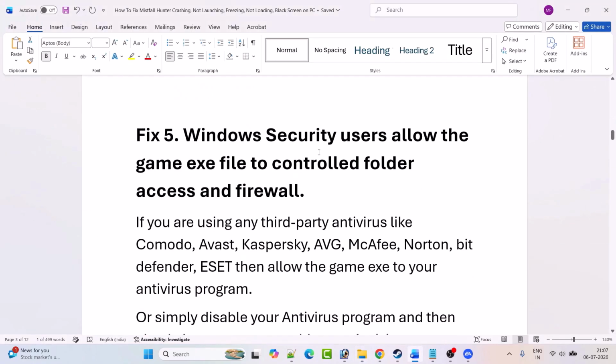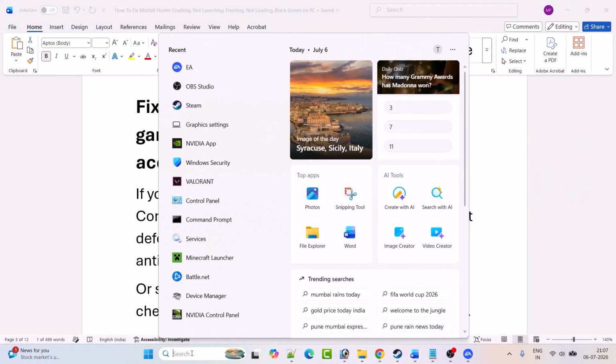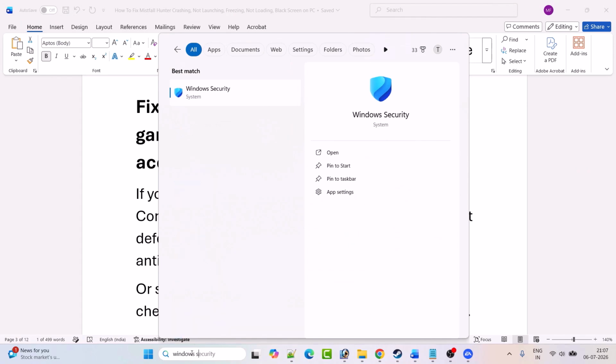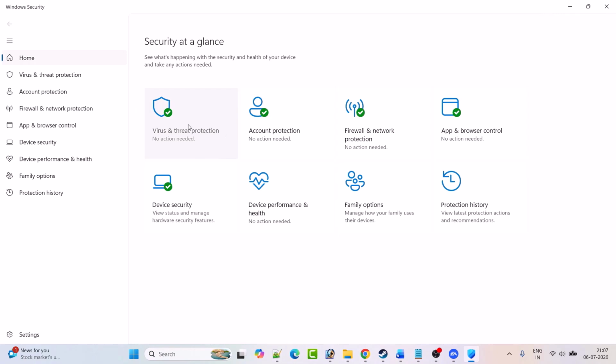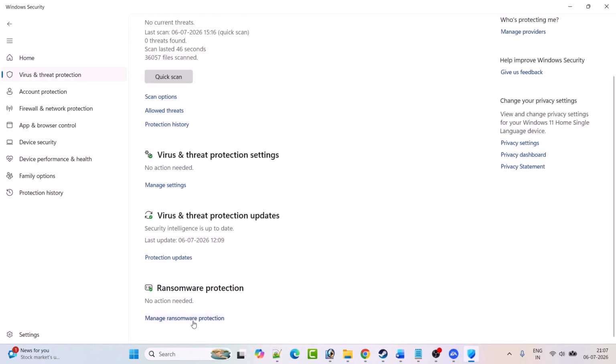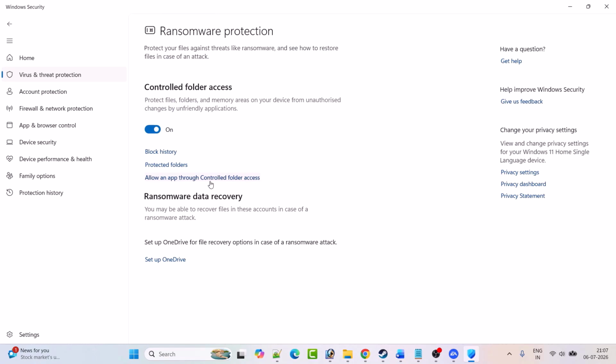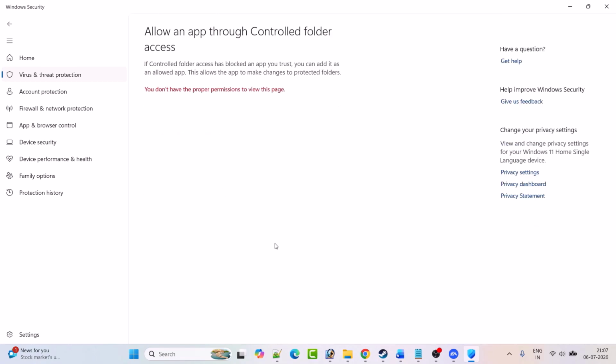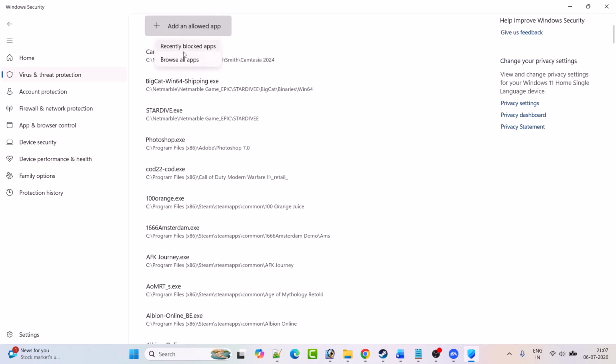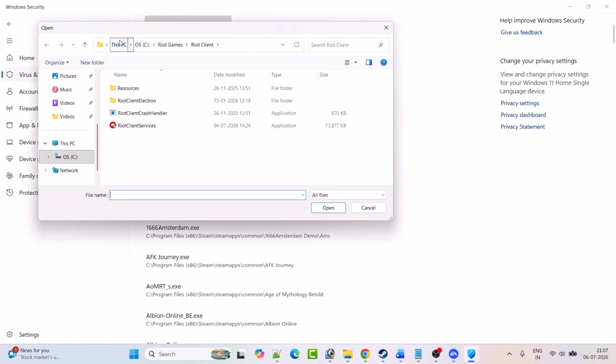Fix 5, in Windows security, allow the game exe file to control folder access and firewall. In Windows search type Windows security and open Windows security. Click on virus and threat protection. Scroll down, click on manage ransomware protection. Click on allow an app through controlled folder access. Click yes to allow. Click on add an allowed app, browse all apps, and then browse to the game installation